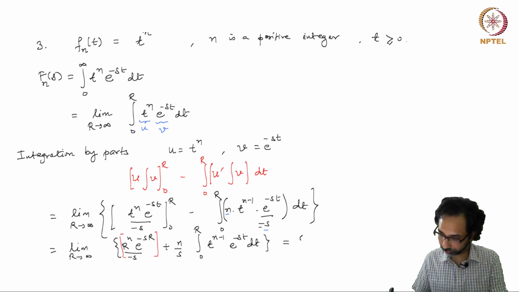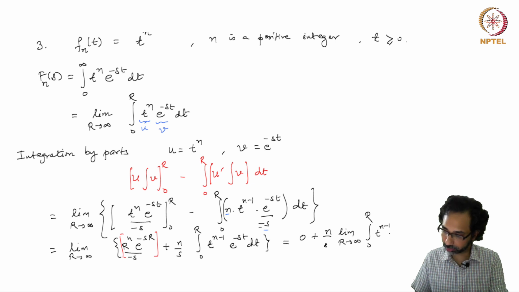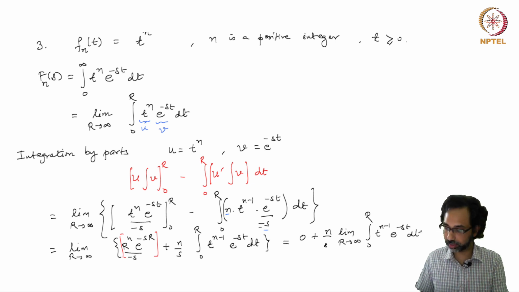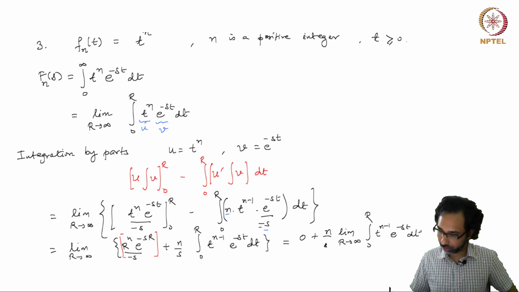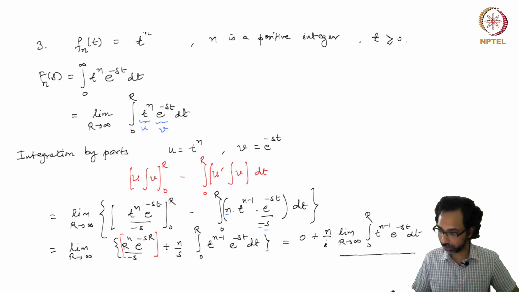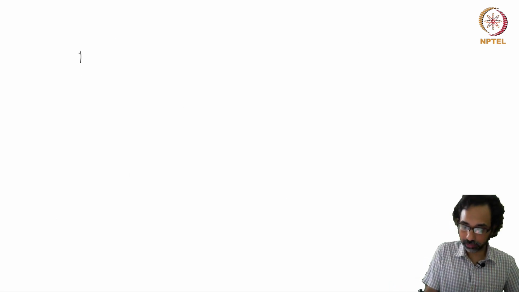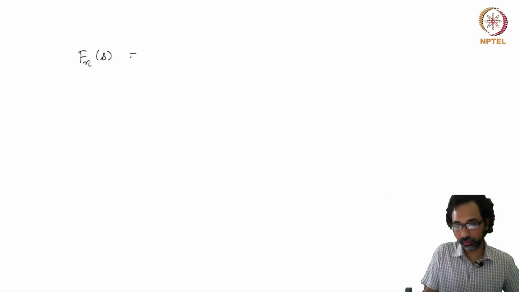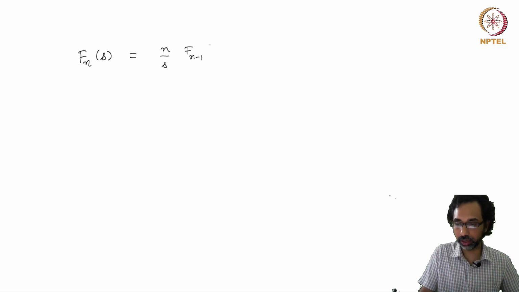You get 0 in the first term, and the next term is n over s limit r tends to infinity integral 0 to r of t to the power n minus 1 e to the minus st dt. Here note that this is again an improper Riemann integral, but now we have an exponent which is 1 less than the one we began with. This is n minus 1, and we have a factor of n by s. Okay. So I'm going to rewrite this as a recurrence relation. So we started with fn of s, and we got n over s f of n minus 1 of s,